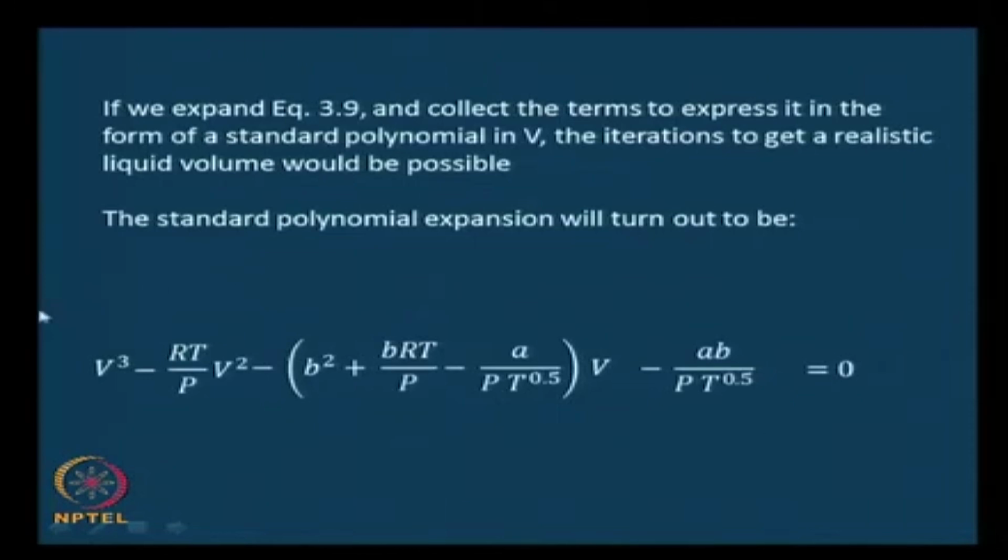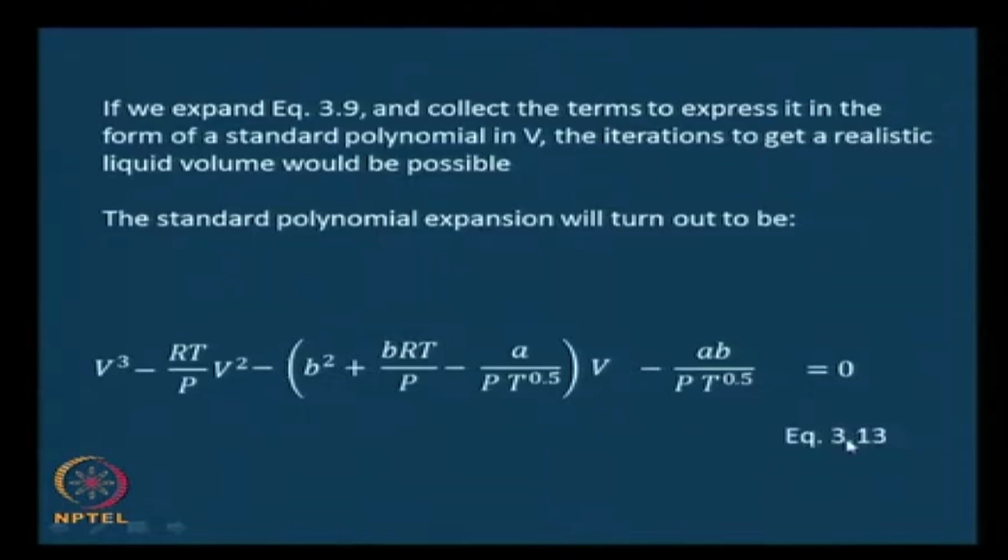So this does not pose the problem of any term vanishing completely and thereby not contributing to a meaningful solution of the volume. So this form can be used to iterate for